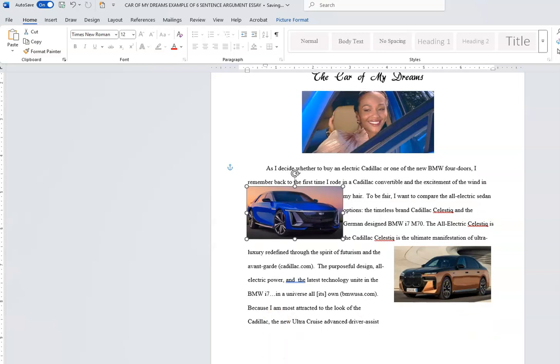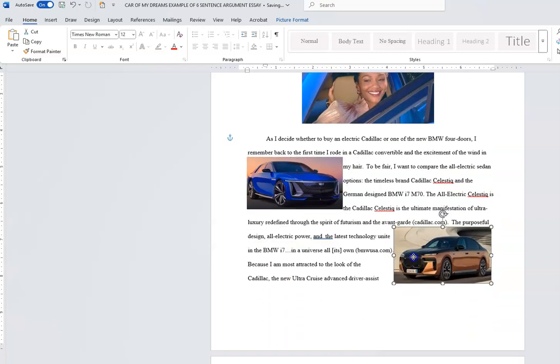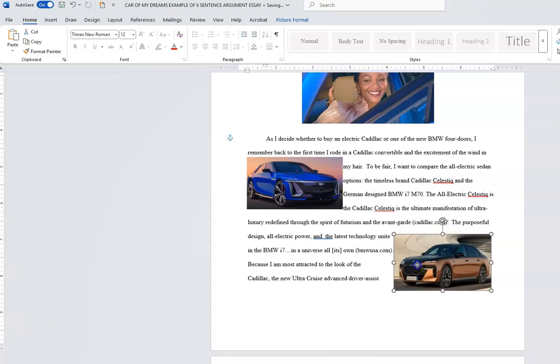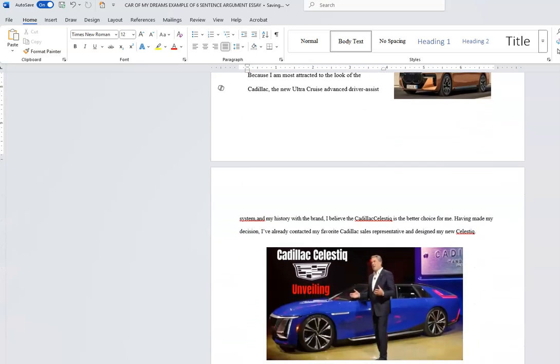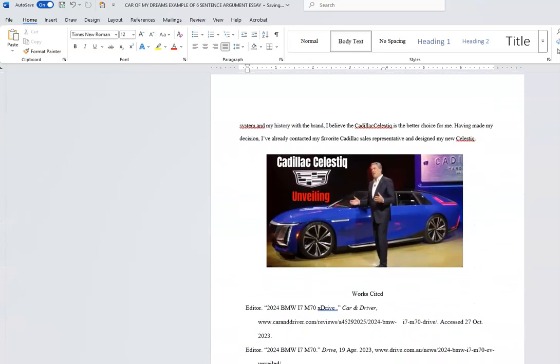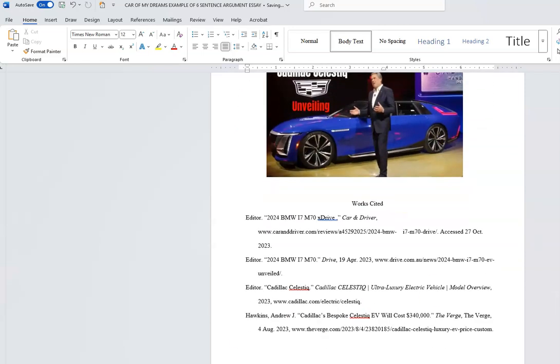And you see why we had needed to go down there, so we can just do this. There we go. See what I'm doing? I'm just moving these things around until I get them where I want them to be. That's my concluding image. Now I have my works cited, and I want to make sure that there are no